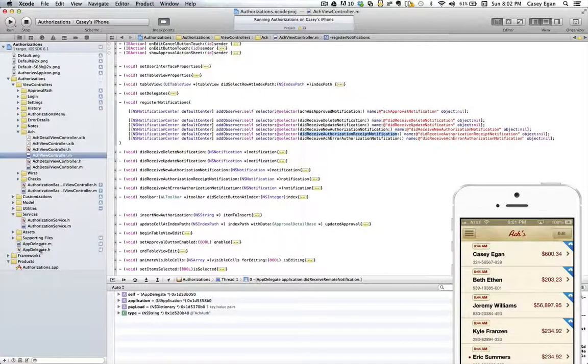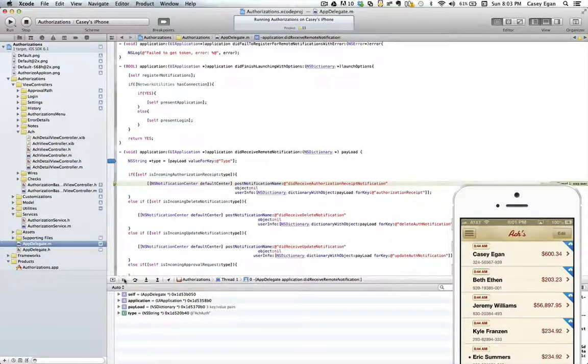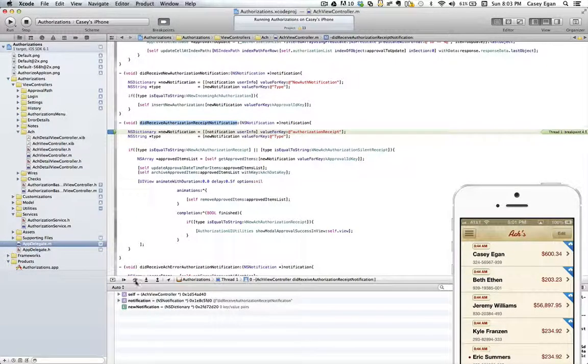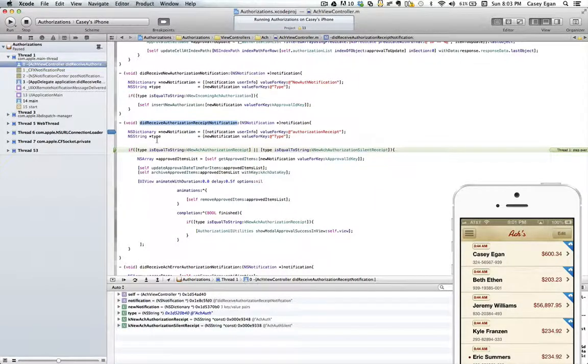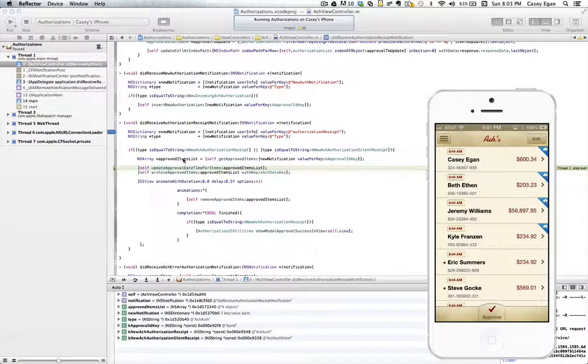So I'm going to go ahead and go back, and I put a breakpoint on that method. So let's go ahead and play through. And you'll see this view's received that notification, and I'll step over. So here all I'm doing is just confirming the type again. Obviously, it's an ACH auth receipt, and I'm grabbing all the items that were approved within the view's model. Obviously, there's 4 of them,